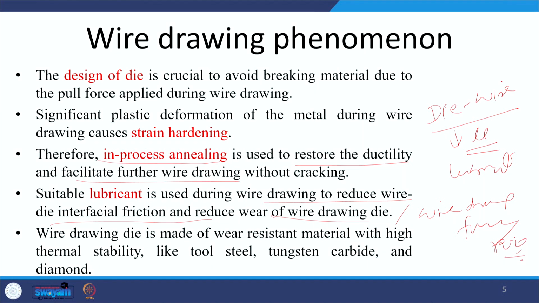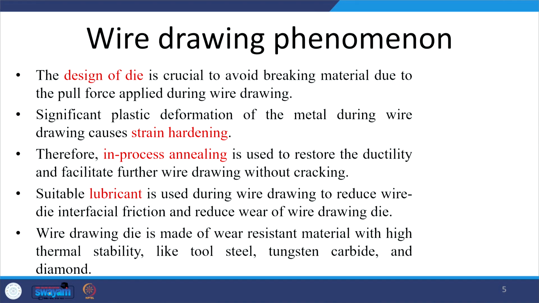Since there is a continuous rubbing of the metal which is being drawn with the die surface, the die must be made of very high hardness and which is also stable in terms of the variation in hardness due to any heating which is taking place. So, material must not just be hard, but that hardness must be stable. So, we try to use the material such that it is of the good thermal stability and good wear resistance,